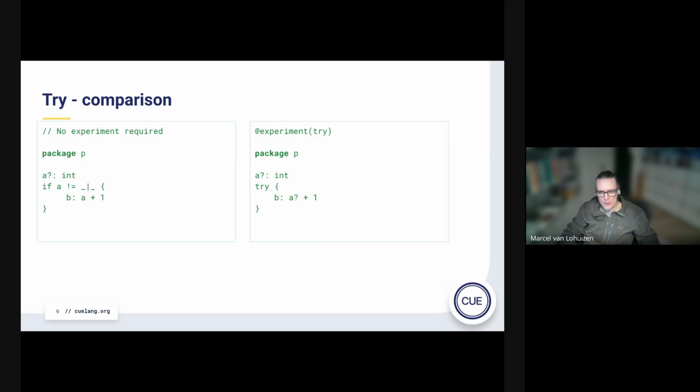What's nice about try, what we could do in the future, I don't know if this is answering your question, but before, there's no clarity about what the user intends. Whereas now within the try, if you have a reference that is still optional, you know there is a potential error situation there.